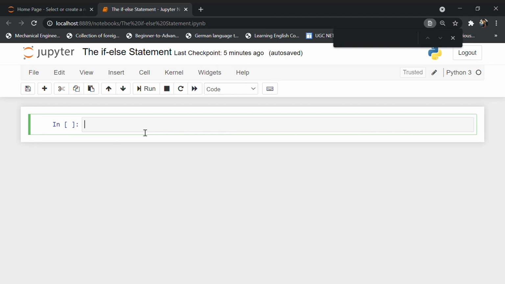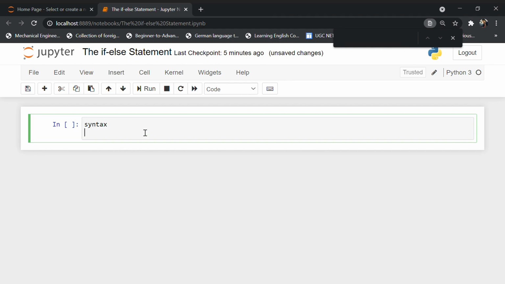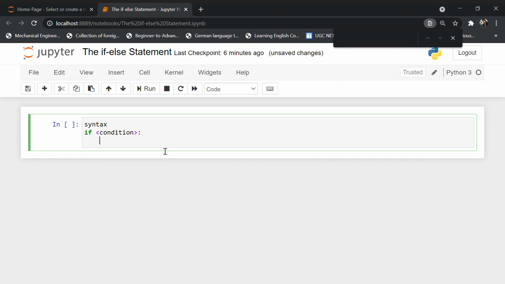Firstly, we will check out the syntax, how it will be written here. The syntax for the if-else statement is: we have to mention if, which is a keyword, and we can give any condition or conditional statement over here. We have to mention a colon, and in the block of this particular if statement we have to mention the statement.